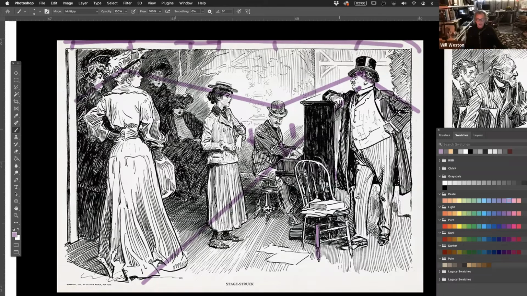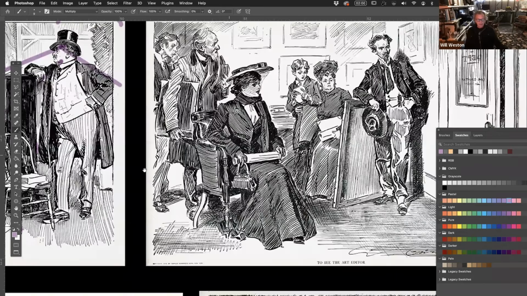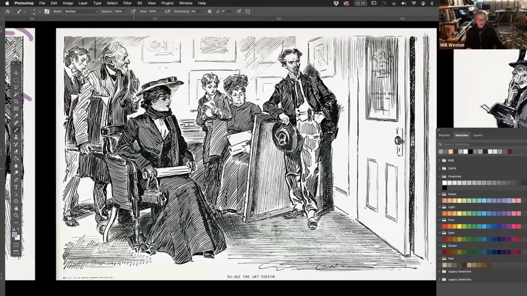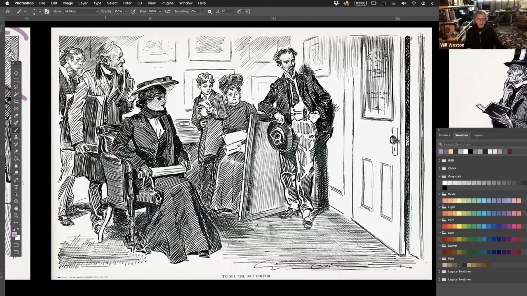If we come here, I love showing this to my students. And I tell them that this is about the importance of interesting facial hair if you're an artist, okay? Because otherwise, how are they going to know? Now, what we have is the Gibson girl, which is this young woman here. We have the older guy, me, looking anxiously at the younger guy who's about to supplant me. And then generally the eye is drawn in this direction towards the door, okay?